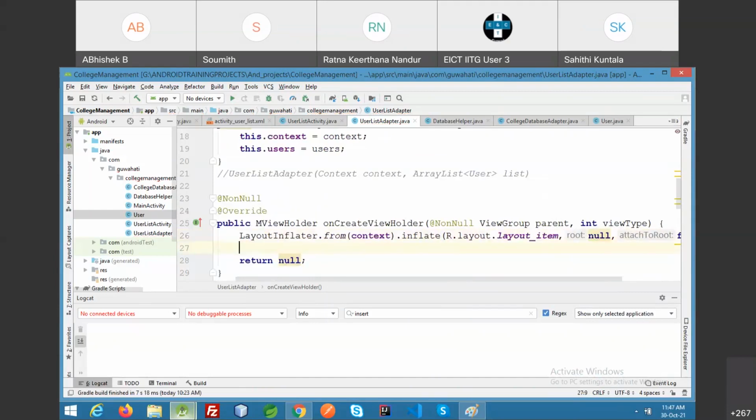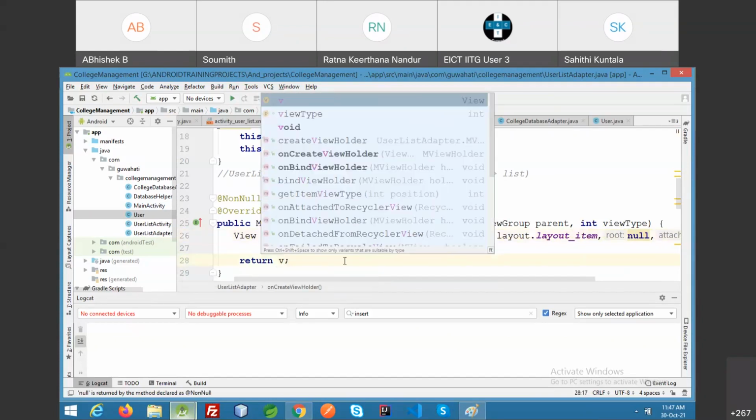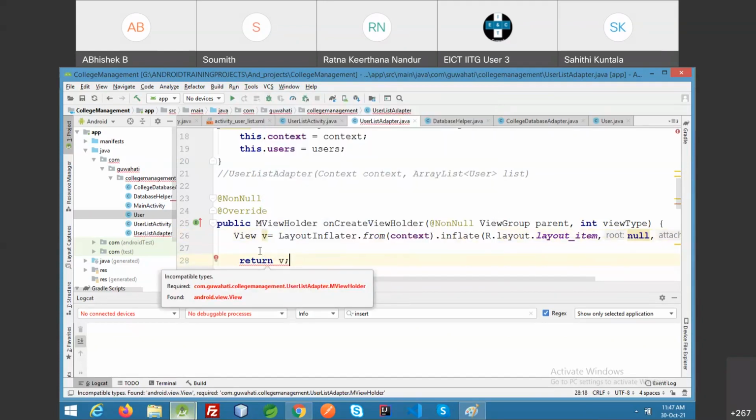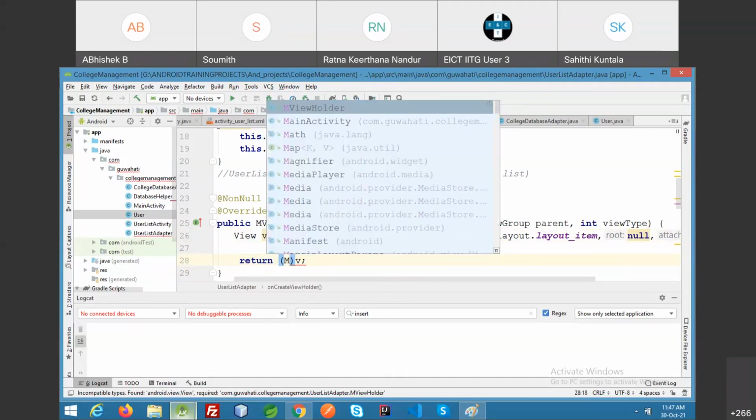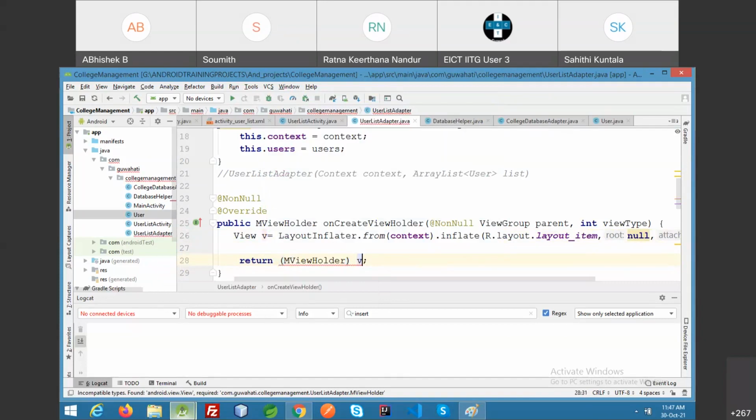Create a separate view, and then return this inflated view. So return view v equals to... sorry, I need to return a view holder. I need to return view holder type.